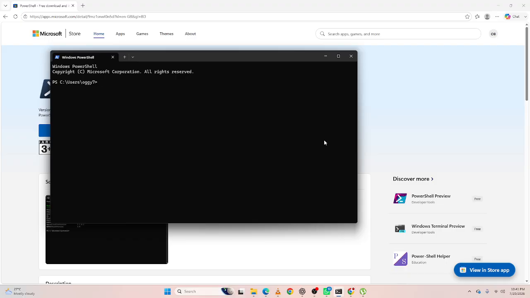By using the PowerShell Gallery, you can quickly expand PowerShell with thousands of community and Microsoft-created modules for automation,